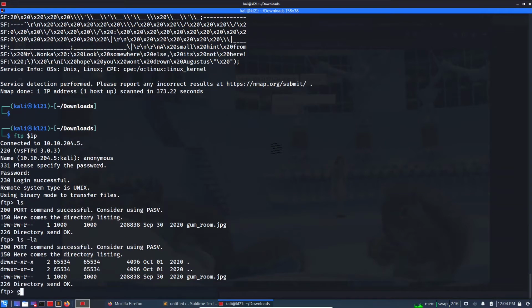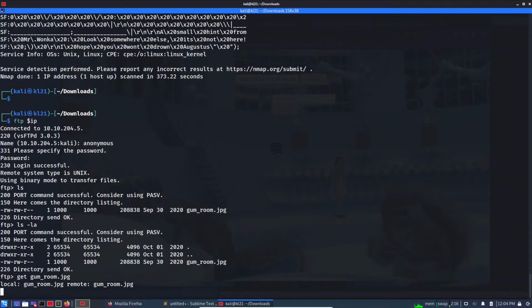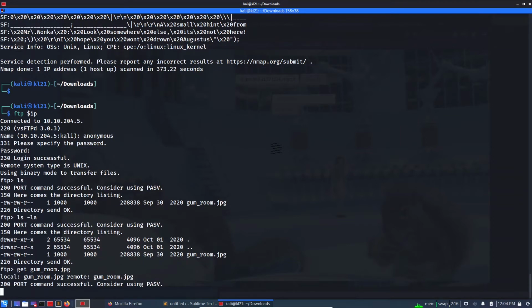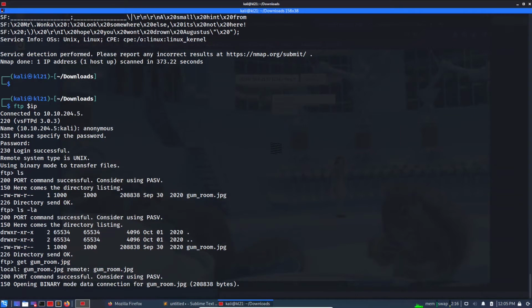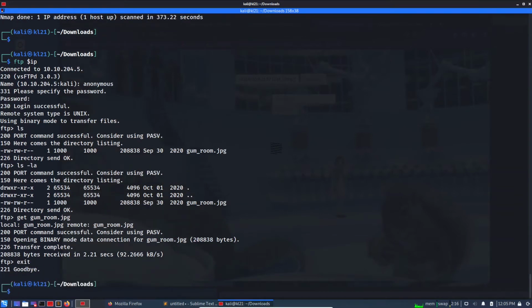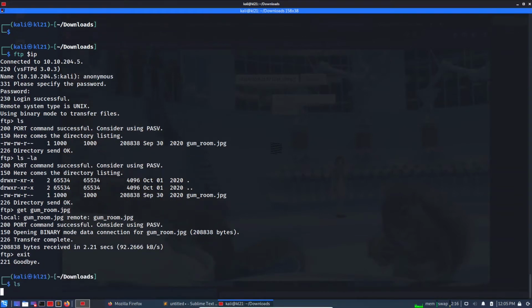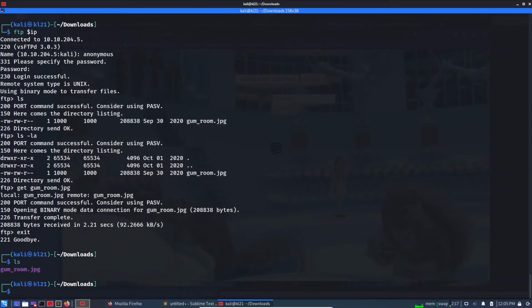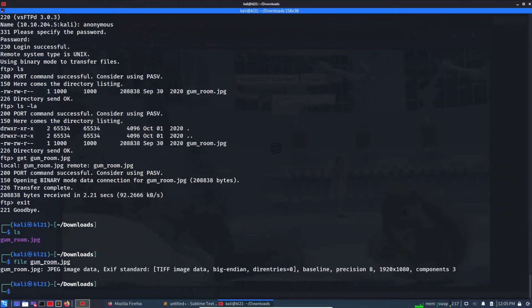Only one file is there, so get gum_room.jpg. Okay, the file download is complete, so ls, and the file gum_room.jpg is surely a JPEG